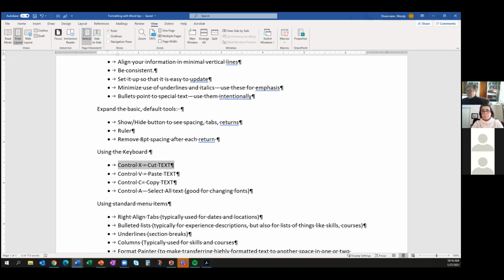So that's Control X to cut. Control V is to paste. Command, thank you. And then Control C is copy, so on a Mac it would be Command C, Command X, Command V. And then Control A, Control A, I use it all over the place,